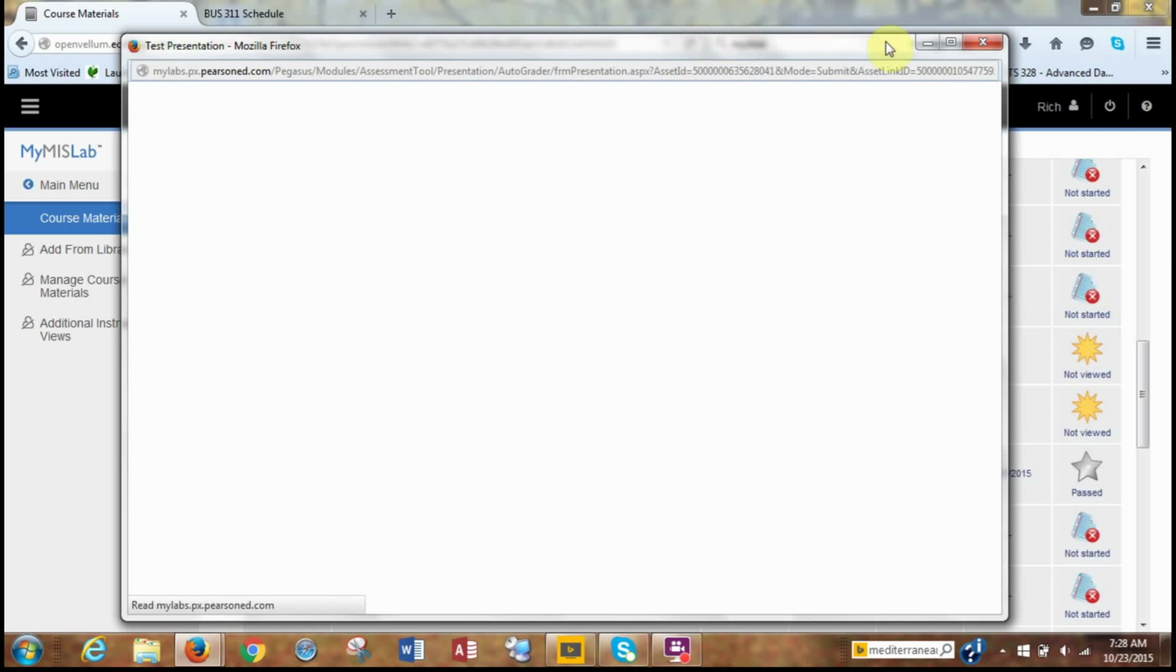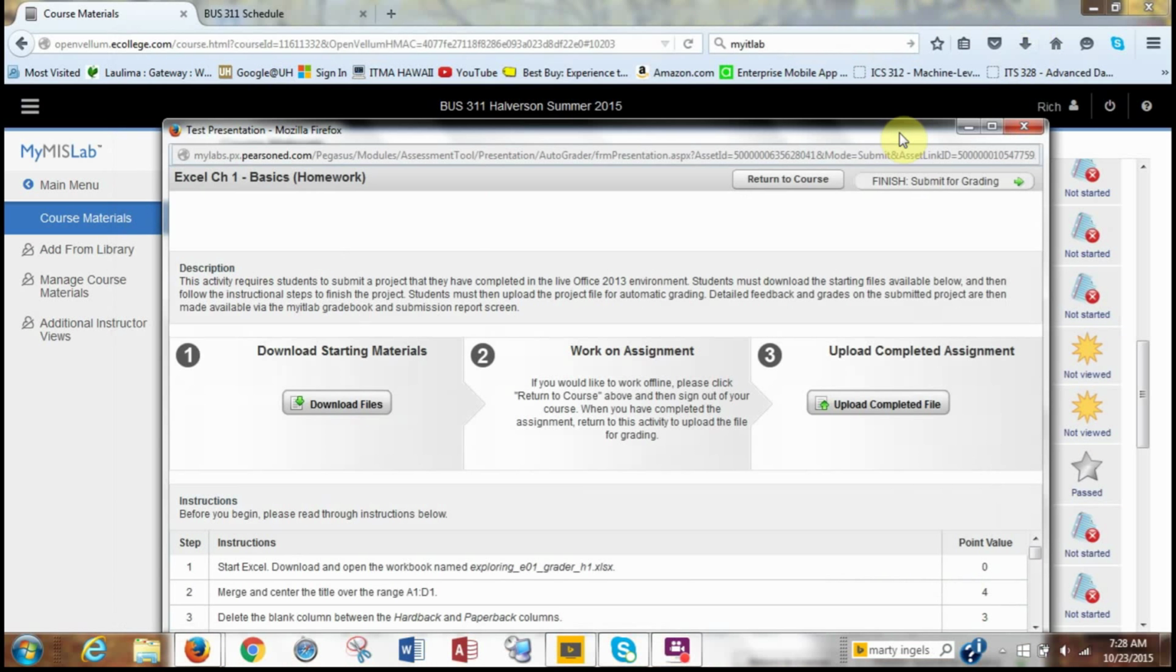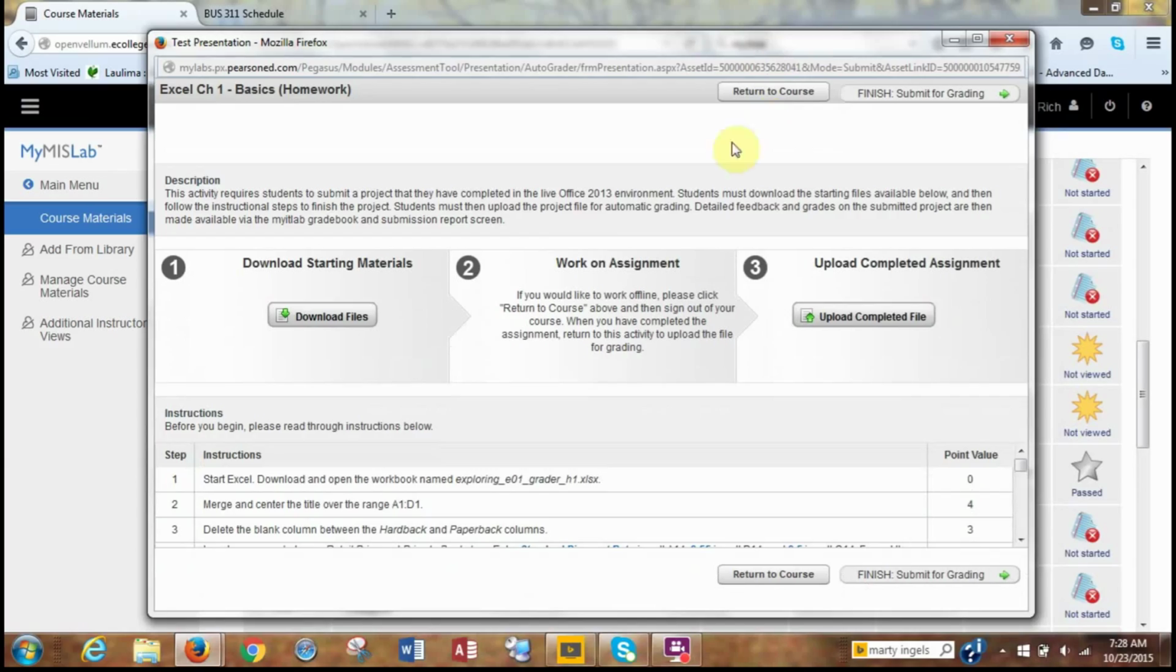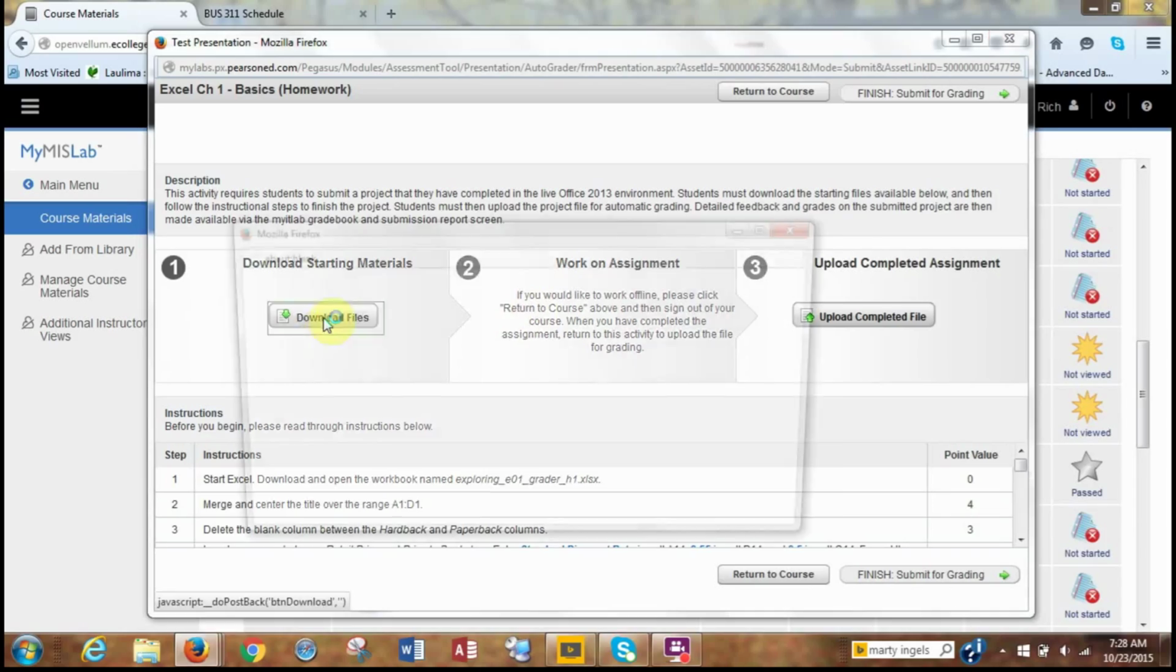Now, you may get a pop-up. If you look up here, it may say pop-up blocked. You just have to allow pop-ups for this website. So now that we have this open, what we have to do is download the files. So we click on Download Files,